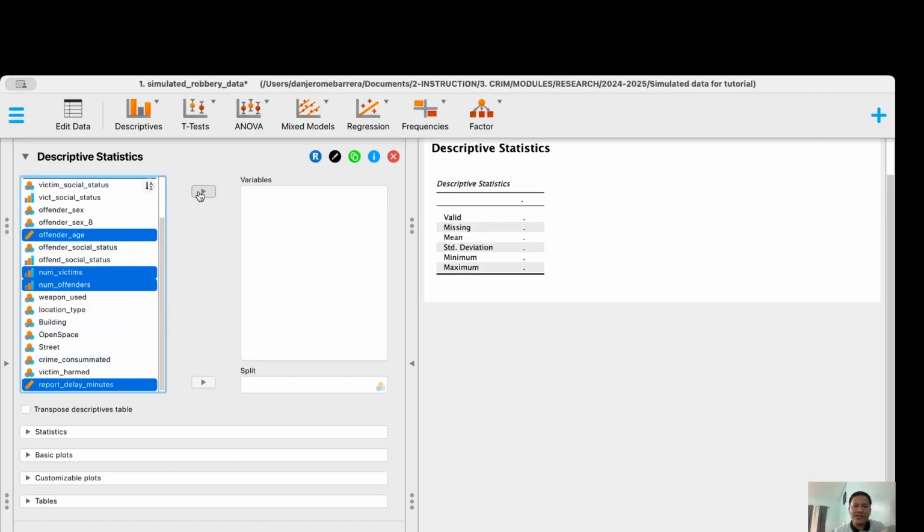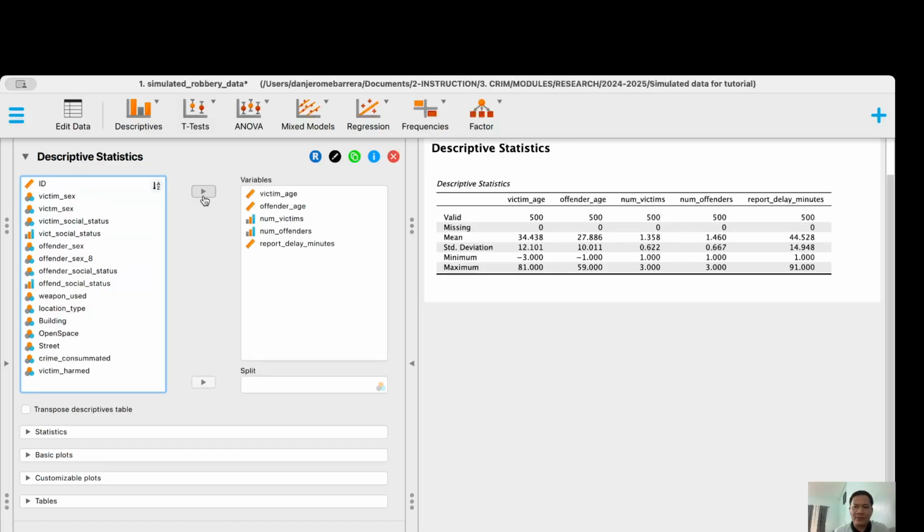So let's transfer them to this window so that it will be analyzed by the software. Just click this button and it is automatically